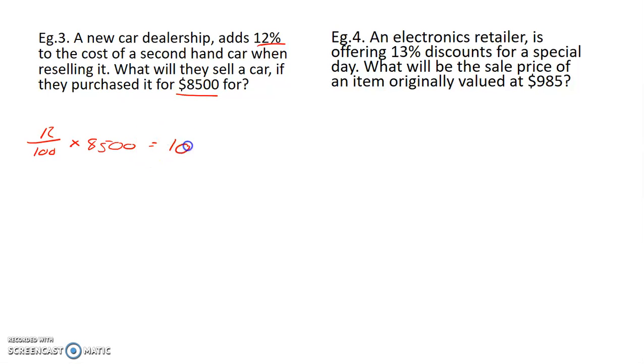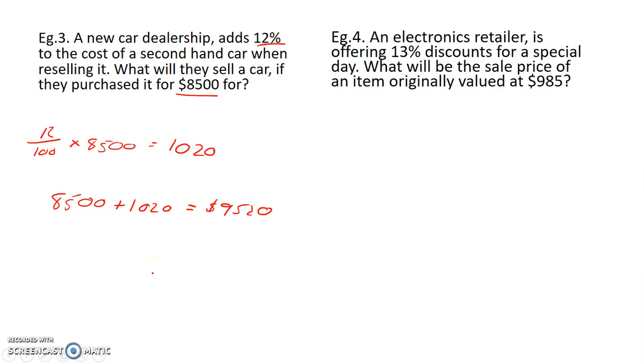8,500 gives us 1020. Big thing with financial maths, does that answer the question we found? Did they sell that for $1,020? They've increased it from 8,500, so we know we still don't have an answer yet. But they increased it by 1,020, so they started off at 8,500 and they increased it by $1,020, so they will be selling it for